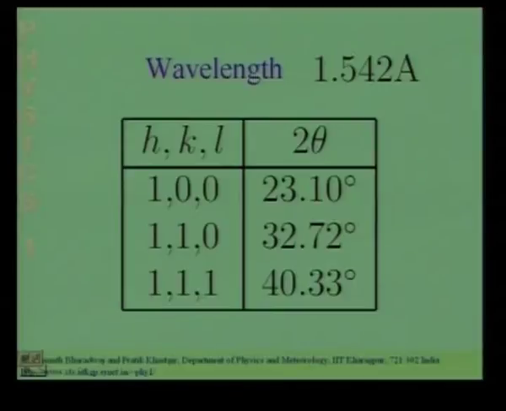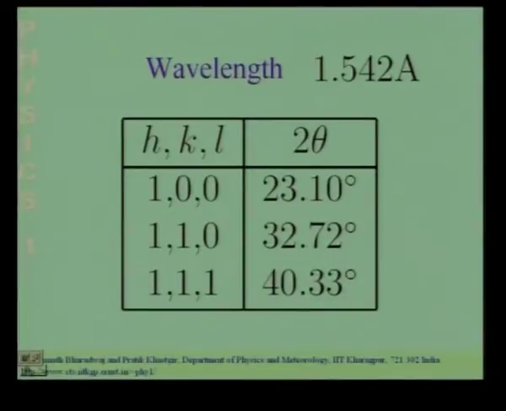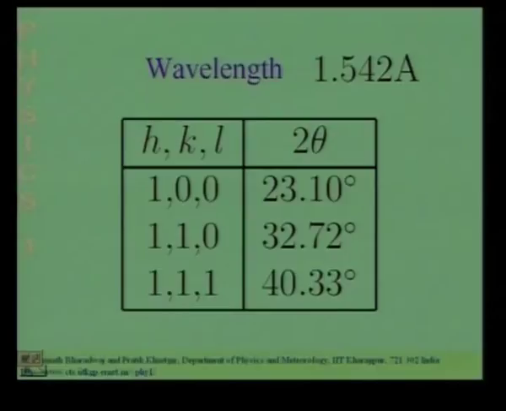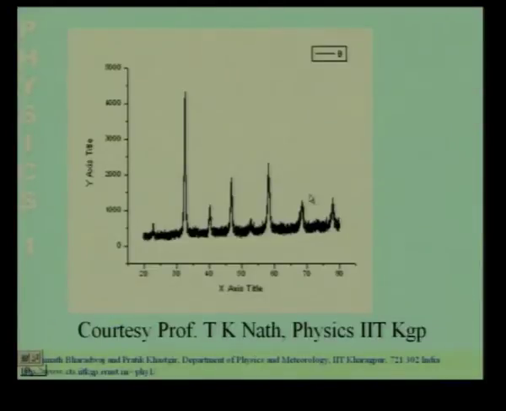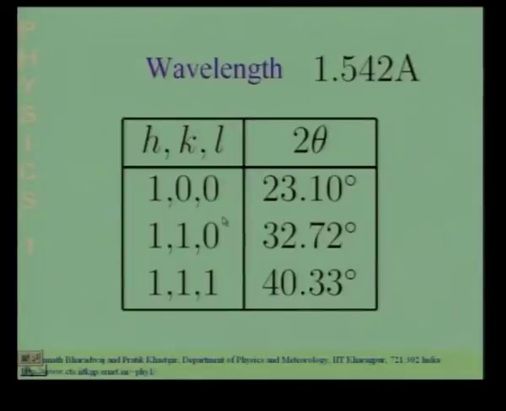Okay. So, I will leave it for you as an exercise to go through this. You can check all of these angles. If you find the lattice constant, by lattice constant we mean the spacing between these unit cells, and if you use all of these different lines that you have over here, I have given you 3 of the angles corresponding to 3 of them, and you determine the